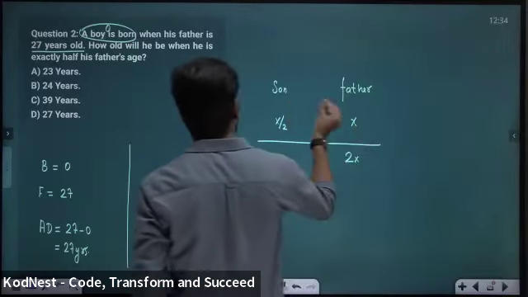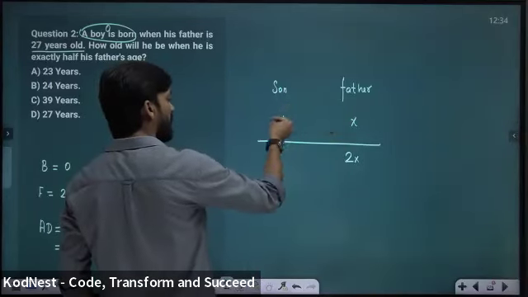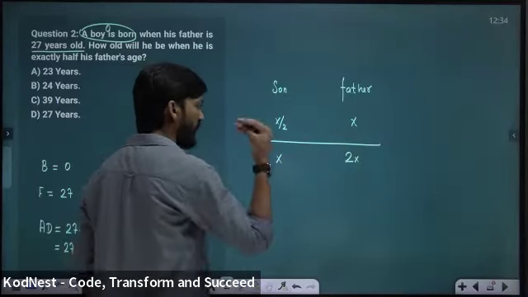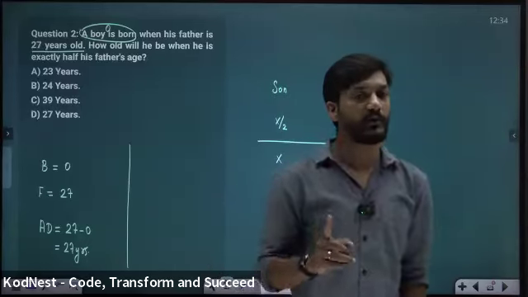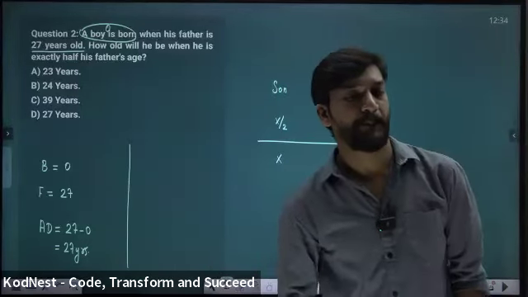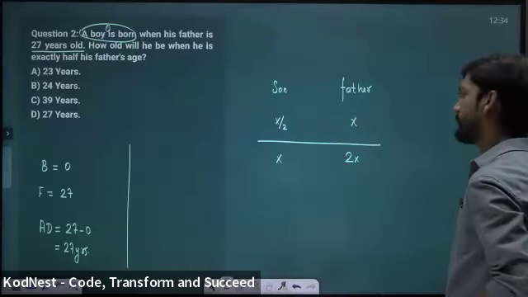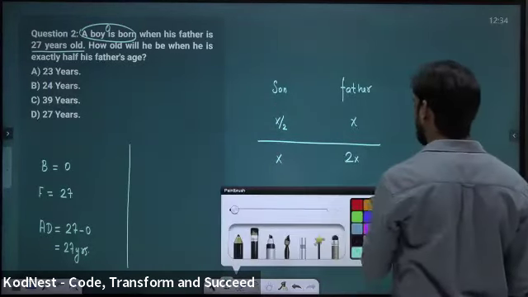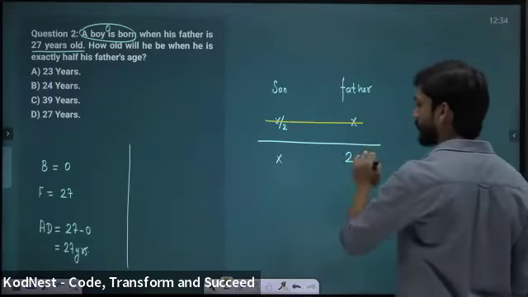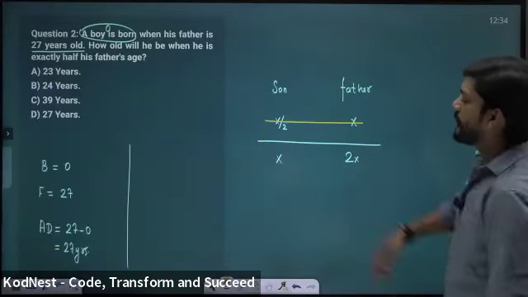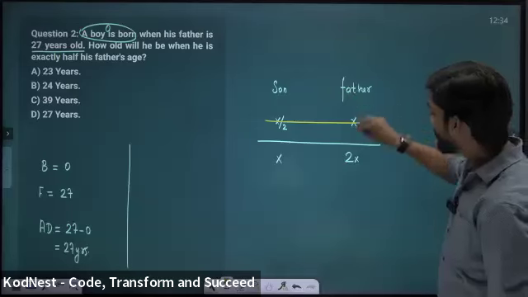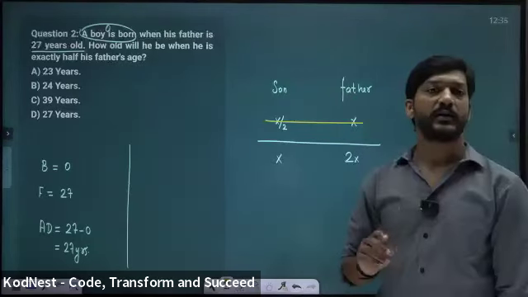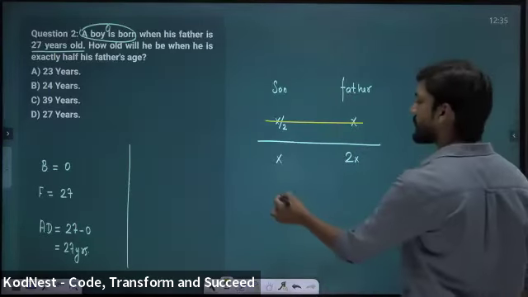Son is half of father. So x, so half of x. 2x, so half of 2x. What is better in terms of calculation? Second one. Second one better. Fractions. Never take fractions. Don't take fractions. Solve it with this. So son's age x, father says 2x. What is the age difference? Please answer.